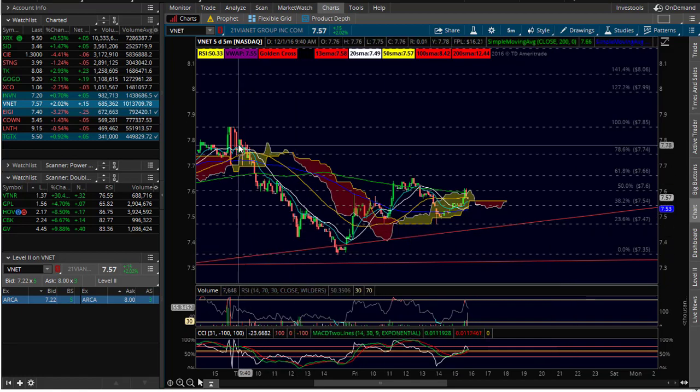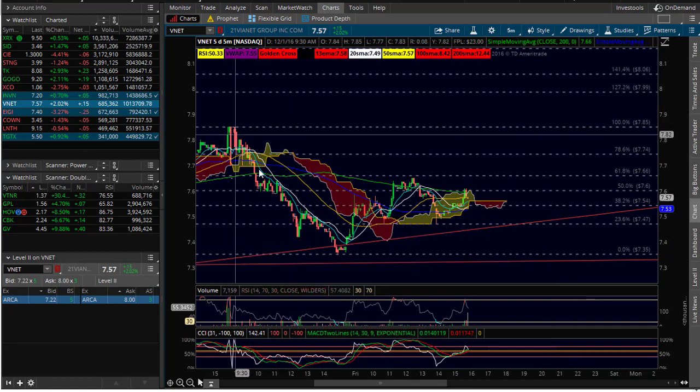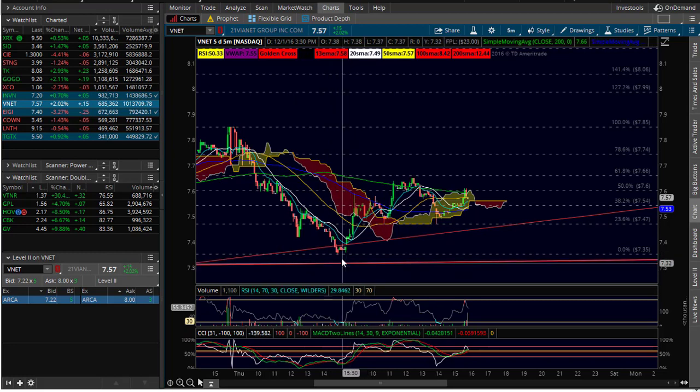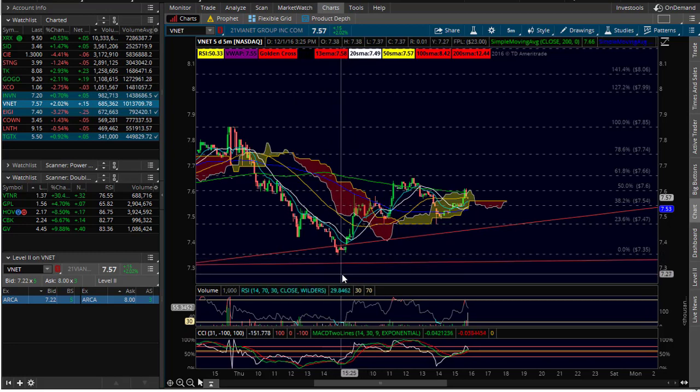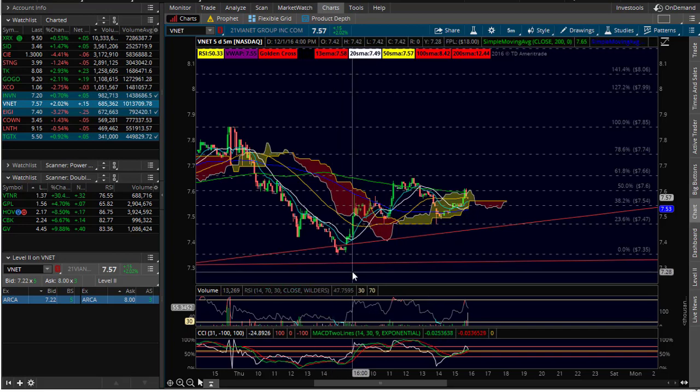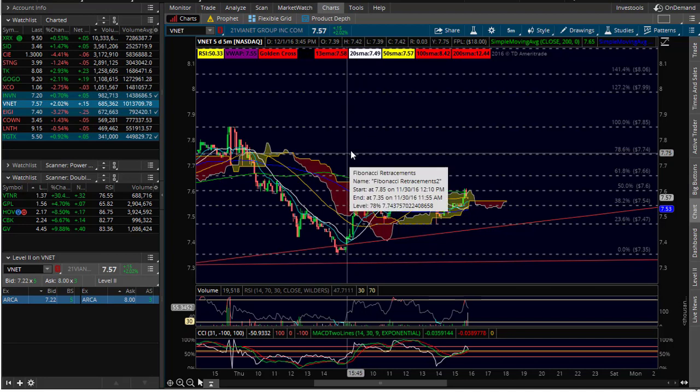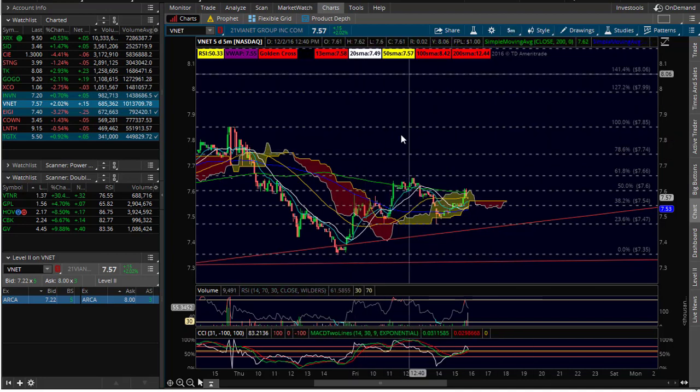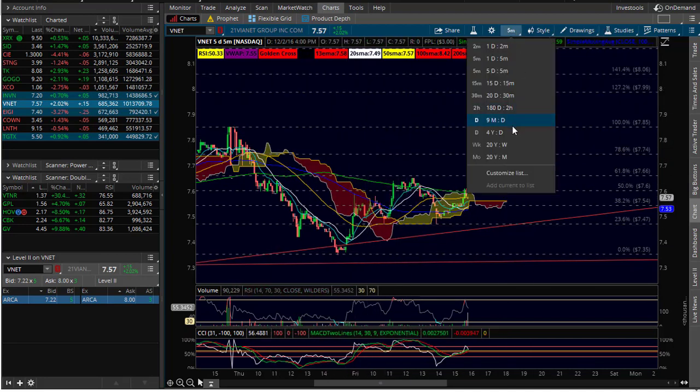Yes, so for the initial low point, if this was your high and you crash down in the gap and you have a low point, that's going to be your zero mark. You want your zero mark on the low point of the gap. And I mean, you don't have to look at what I'm looking at right now. You can go back to a day frame,